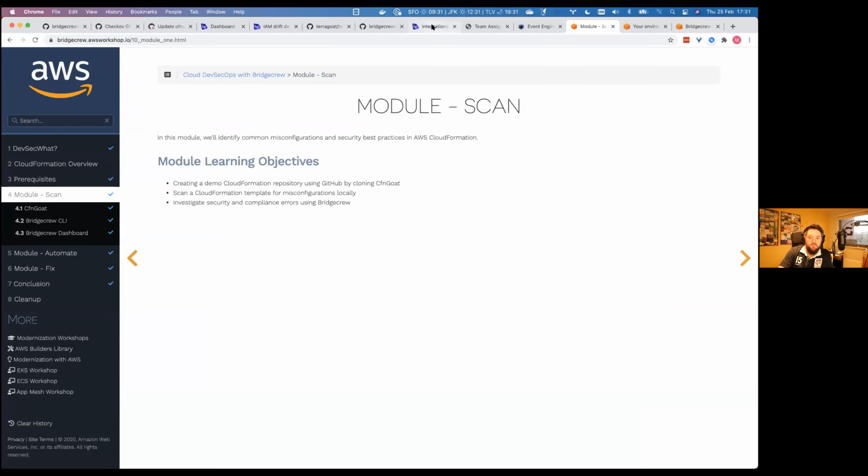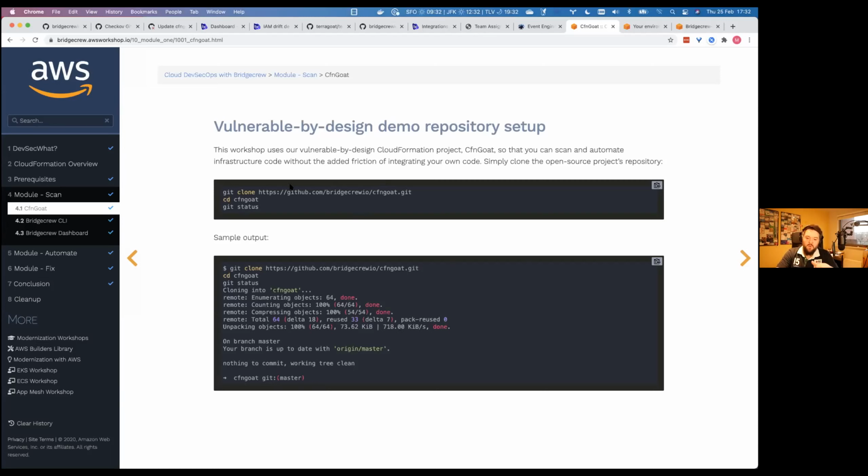So before we go and automate this, before we see how easy it is to have this done automatically whenever someone contributes or changes your code base, and all the cool things we can do with Bridgecrew and AWS, let's look at the very essence of finding vulnerabilities in your infrastructure as code with the